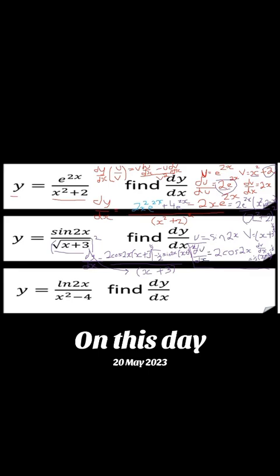This next one: y is equal to natural log 2x, or ln 2x, all over x squared minus 4. Find dy by dx. Again, u is equal to natural log of 2x, and v is equal to x squared minus 4. Sorry about my handwriting, guys, hopefully you can forgive me. So du by dx, differentiating natural log x, goes to, just